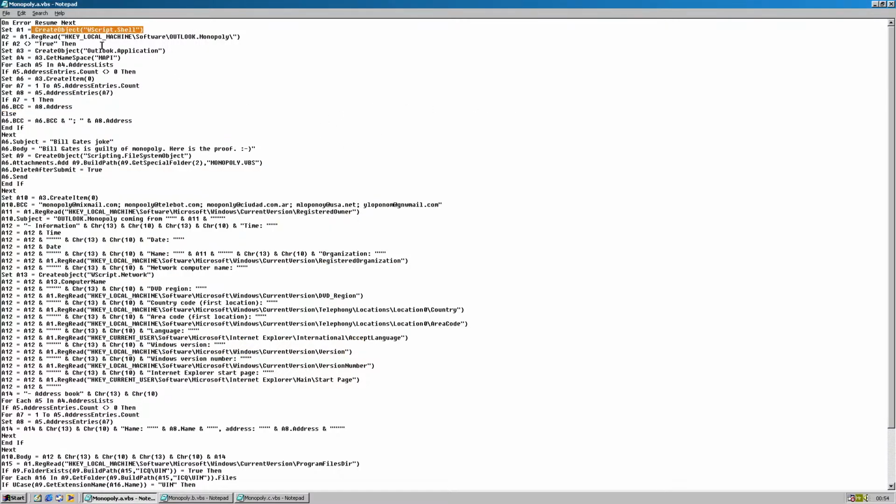So it creates a shell object, reads the monopoly. If it's valid, then, if it's false, then proceed. Get Outlook, get the mail API. Then check the email and email addresses, I think. So if it's more than, actually not 0,